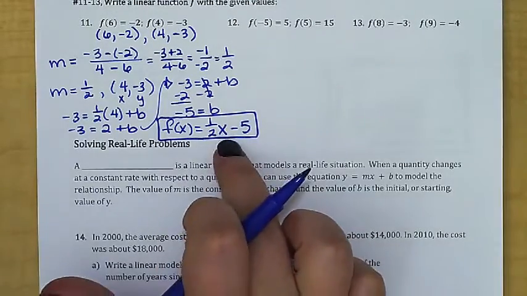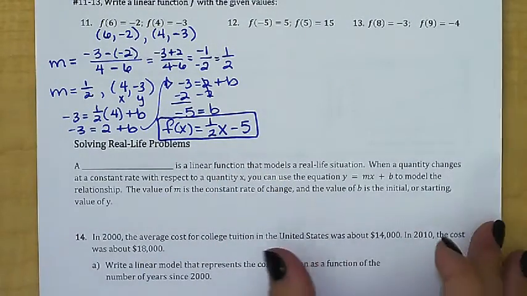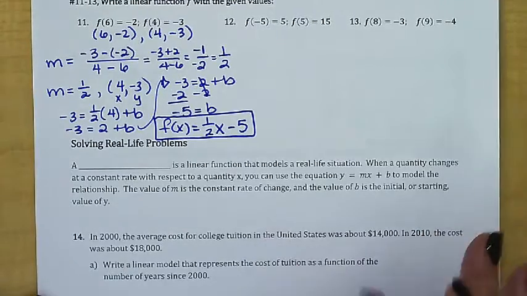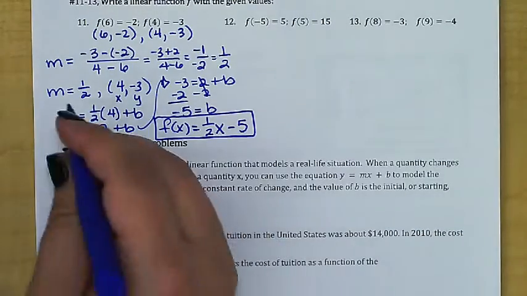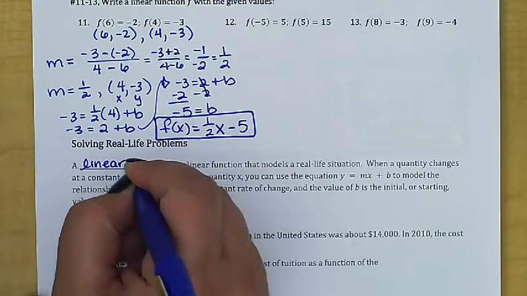All right, so hopefully that gives you enough information to really be able to write the equation in slope-intercept form regardless of what combination of data you are given. So now let's put this in the context of a word problem. A linear model, so go ahead and write that down. A linear model